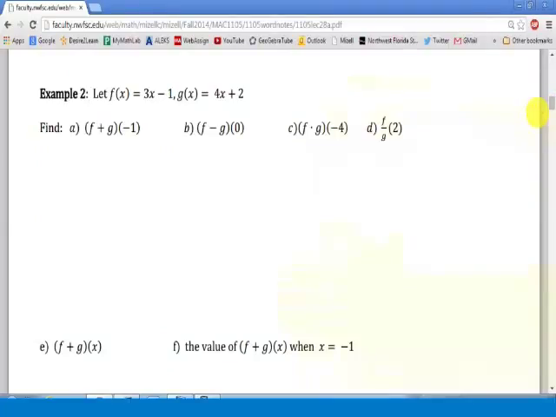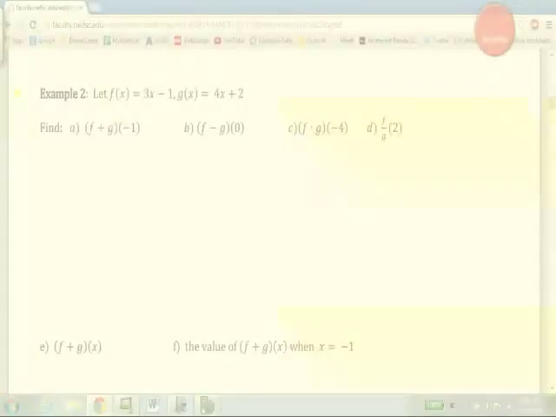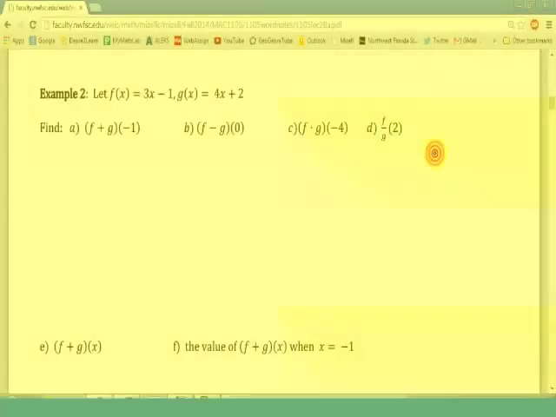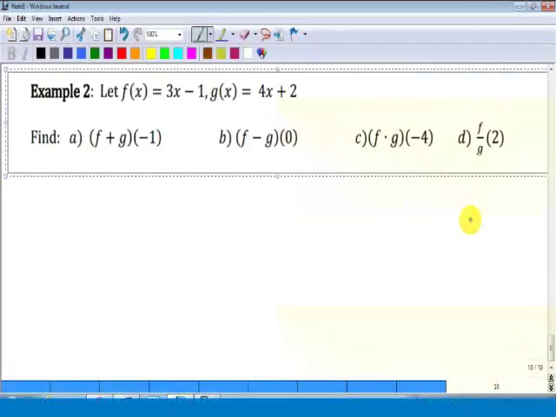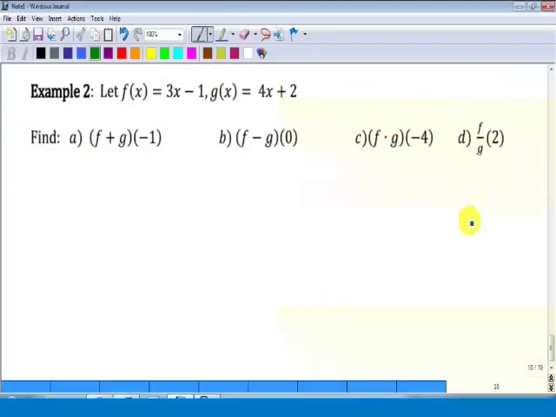Example 2. Okay. Should be nice enough. Don't let me forget the e part and the f part. A couple of nice linear functions. We can do these problems a couple of ways. Let's go ahead and find